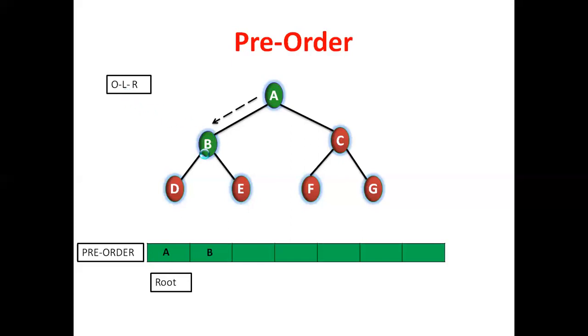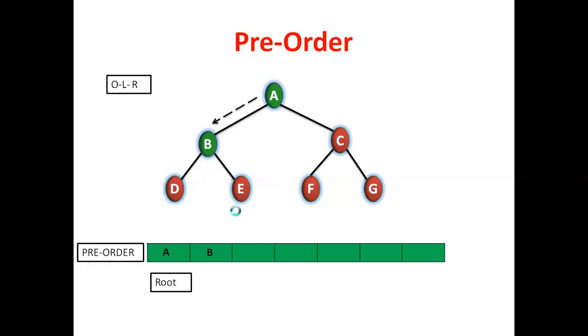What is the left subtree for B? D is the left subtree, right? But D is a subtree or only one node is there. Assume only one node is there. So then first of all visit root, then after visit left, then after visit right. Okay, root is completed for BDE. Then after visit the left part, then after visit the right part. According to the OLR formula, O is the root, L is the left D, and R is the E.